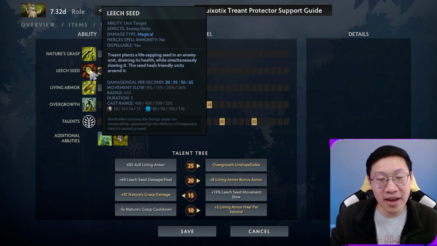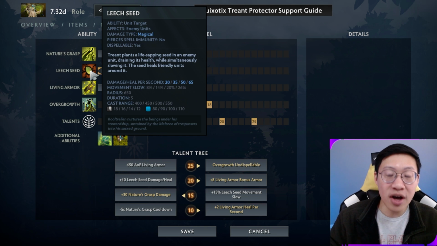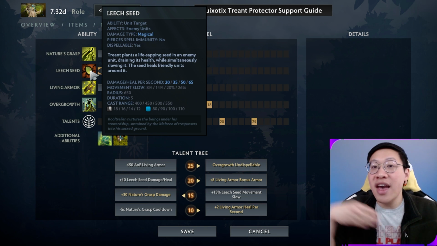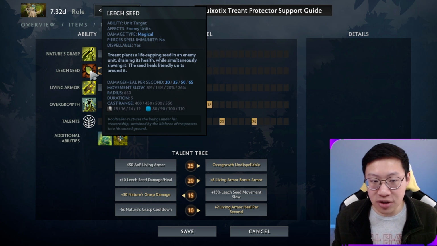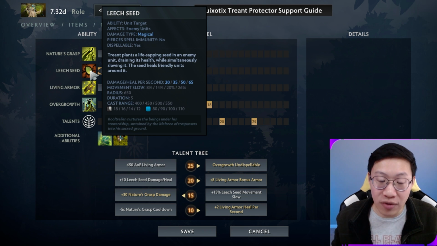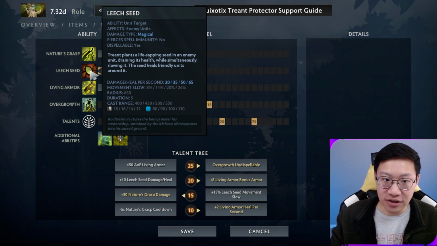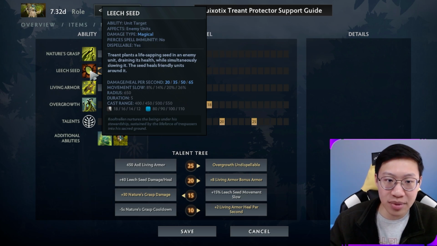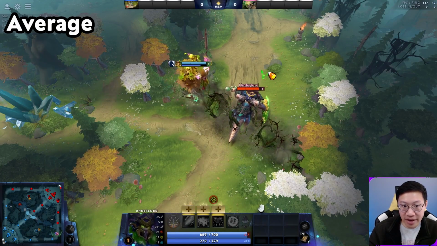Leech Seed is okay, especially because it got buffed in the early game. It's part of why Treant is so good right now, but it's more about the fact that it damages and heals. The damage is 100 going into 180 at level 2, but then it heals you that amount as well, so long as you are in the radius for that 5-second duration. That is what gives you a lot of turnaround potential. The slow itself from this ability is not amazing, but the slow from Nature's Grasp is really solid, 20%,